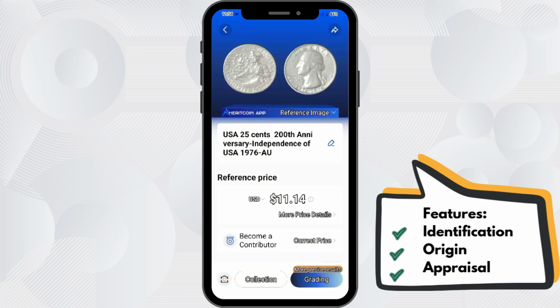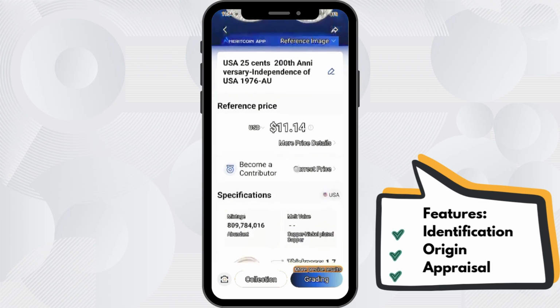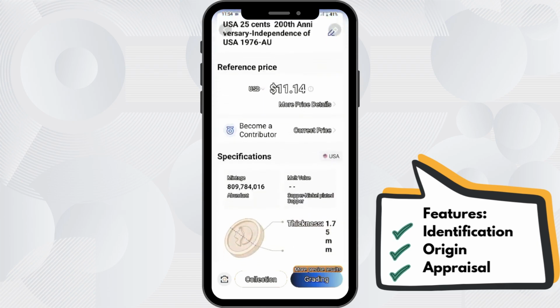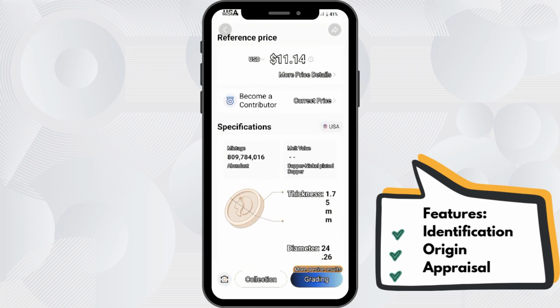Wow. So I have a coin that's worth $11.14. Amazing.